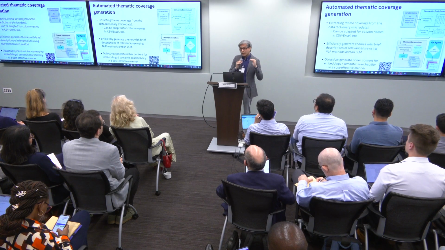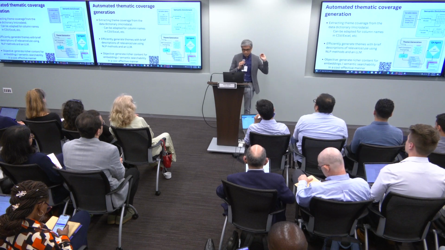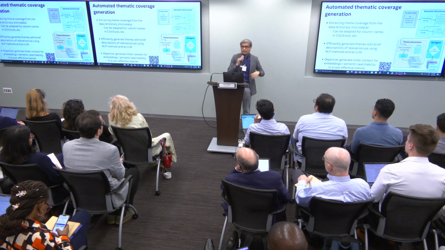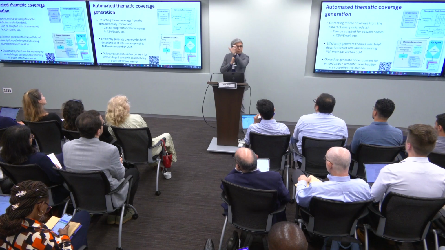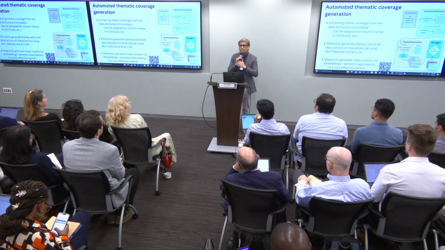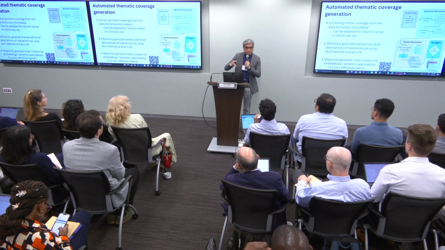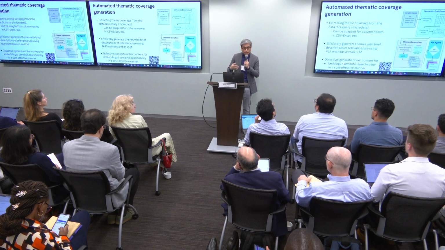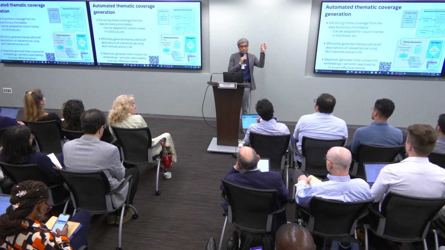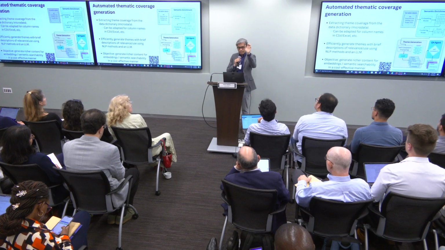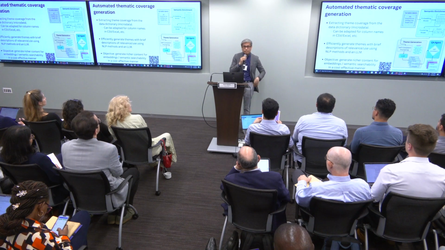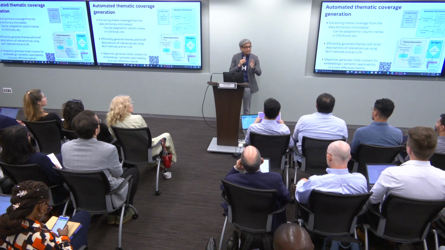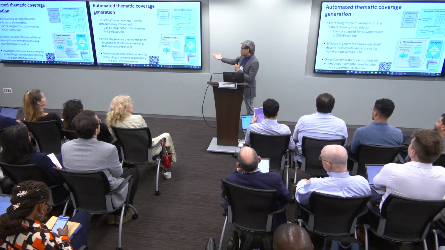But the second, deeper value is, is it possible for us to just take all of the header information from a text and come up with themes that this data may actually help inform? For example, if I have a field that contains age, height, weight, and so on, is it possible to know that this data set may be useful for studying malnutrition? Because I can compute body mass index and things like this. And that is precisely what we did.